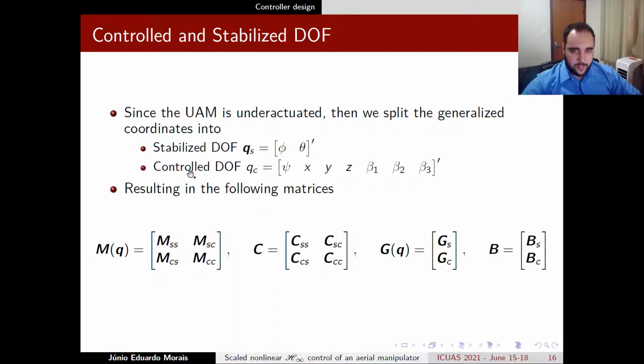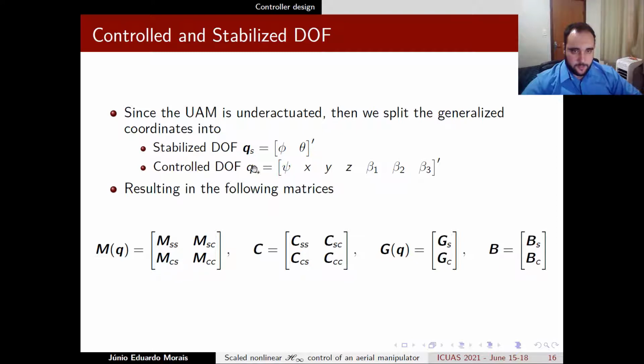In this case, an analysis of the motion of the quadrotor UAV shows that it must first change the attitude in the roll and pitch angles before it can produce motion in the XY directions. And due to the coupling of the systems, this motion is directly affected at the end effector. As we want to control the position of the end effector, we choose the X, Y, and Z positions along with its yaw angle and the manipulator joint angles to be controlled, and delegate the stabilization of the roll and pitch angles of the end effector to the controller.